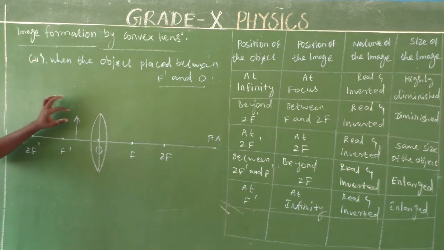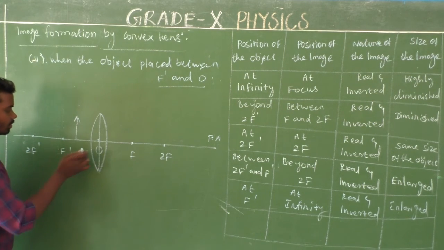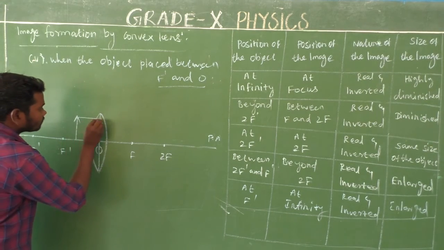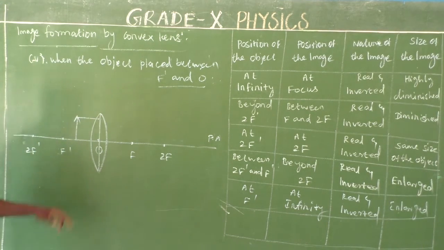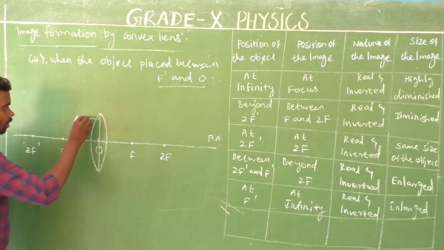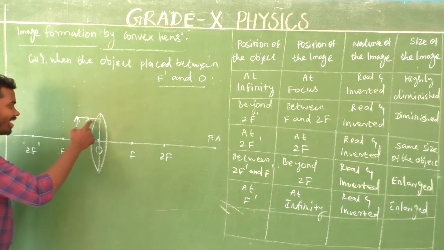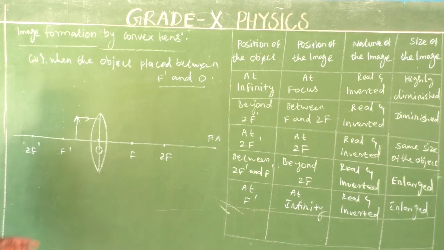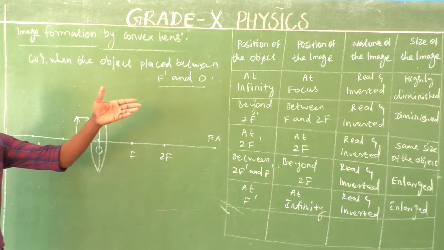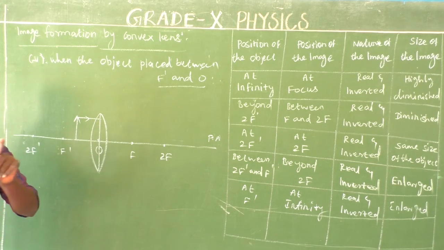Light rays are coming from the top of the object, the middle part of the object, even the bottom of the object. But we need just 2 rays to make a ray diagram. Is it clear? Consider the first ray, coming from the top of the object placed between F dash and O. That light ray is parallel to the principal axis. Whenever a ray of light is parallel to the principal axis, what will happen? It will pass through its focus on the other side after refraction. That is good. Am I right?